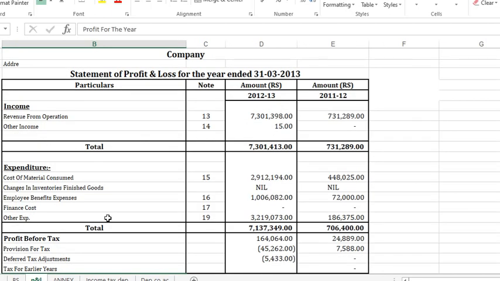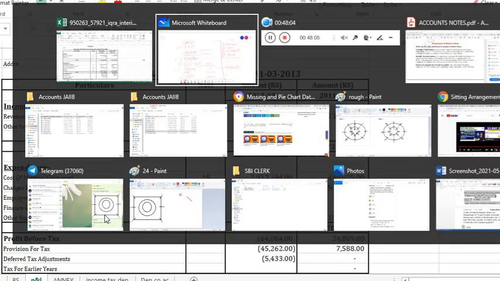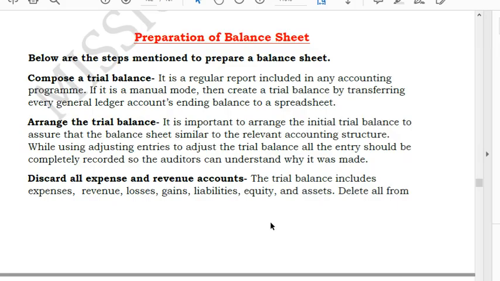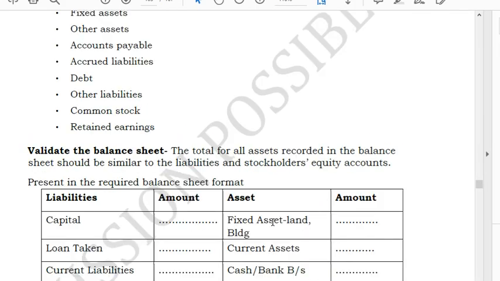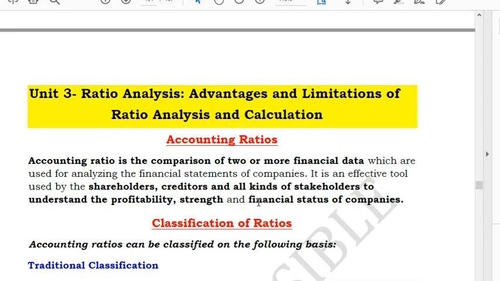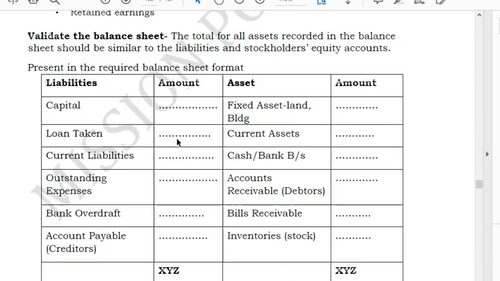So far we have covered the entire concept of trading account, profit and loss and balance sheet. Hopefully you understood each and everything. In the next chapter we will learn ratio analysis. In that, in a detailed manner, we will cover all the different balance sheet items as well as profit and loss items, and how to calculate ratios out of it and how to arrive at a proper meaning out of it. So that is all about your concept of balance sheet, friends. So I have explained everything in a practical manner so that you get to understand it properly. In our next video we will cover something called as a ratio analysis. So hope this is understood.